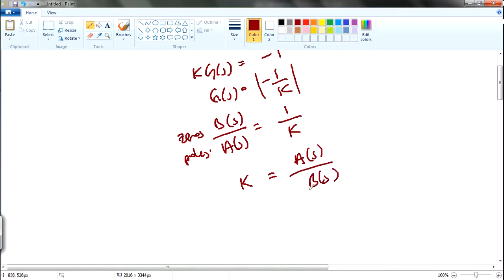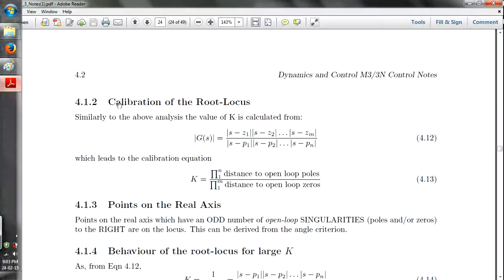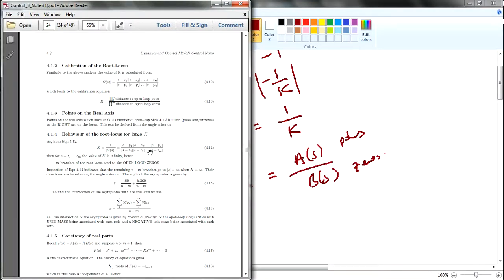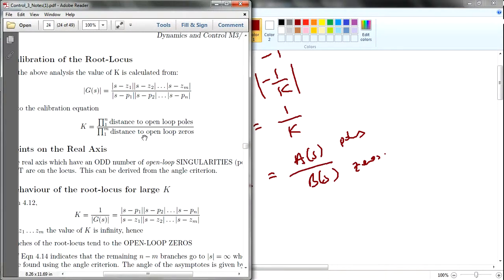So therefore what we do is bring up this k, and it's equal to A over S divided by B over S, right? So this goes up, and these two flip. So this one goes, yeah, you see. So therefore this is actually the poles now, and this is the zeros. Okay, and then as you can see, it's the same as the open loop poles and the open loop zeros.